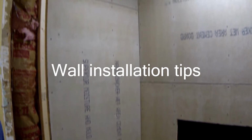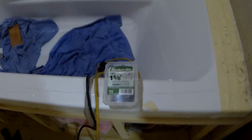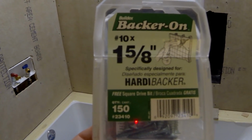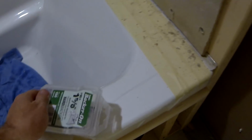So I'm almost done with my HardieBacker boards. I just have a couple more pieces. It turns out that I don't have enough screws, so I need to go and buy more. Just so you know, if you use a HardieBacker board, you need to use special screws. I use 1 5/8 number 10, and those are special screws that are green. You cannot use any other screws because they